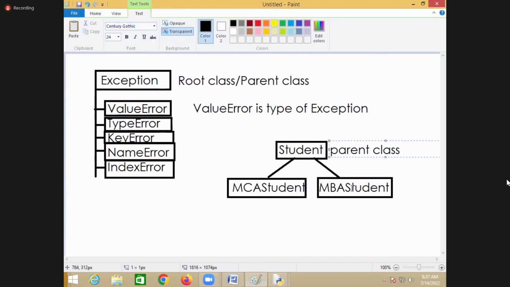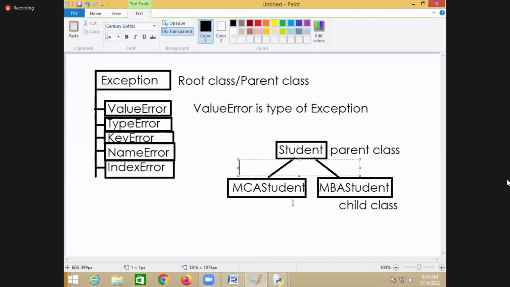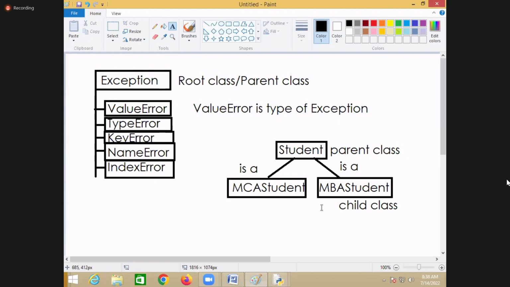Parent class, and MCA student and MBA student are called child classes. MCA student is a type of student and MBA student is a type of student, right?